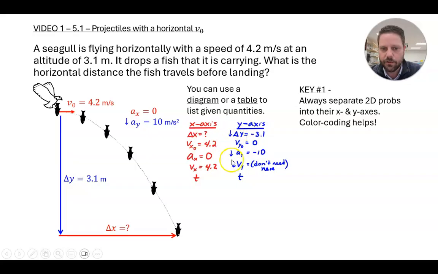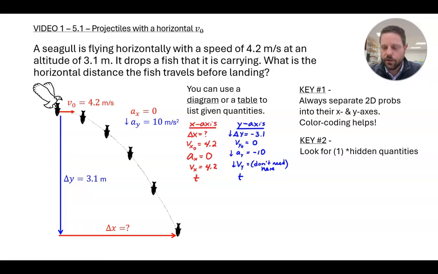So you can see here I put little arrows next to these to make sure these all have the same sign. So for example, in the diagram I made down positive. In my list here I made down negative, just to show you it really doesn't matter as long as we're consistent. So if you're not sure, you can always just make down negative and upward positive, or like I did in the diagram here, if you prefer, because all the variables have downward arrows, we can just make them all positive. That would mean that anything up would be negative. As long as you're consistent, you'll get correct answers. So from here,